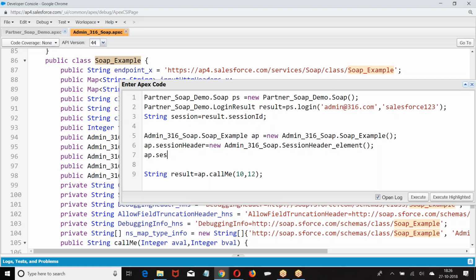Then AP dot session ID equal to whatever the session I generated here, that I was assigning.